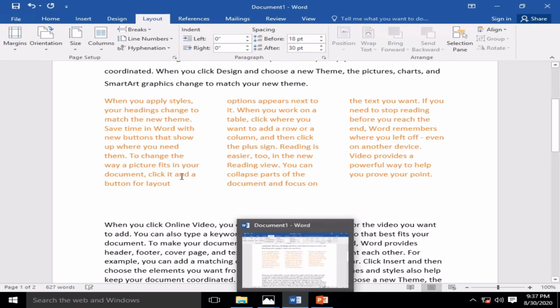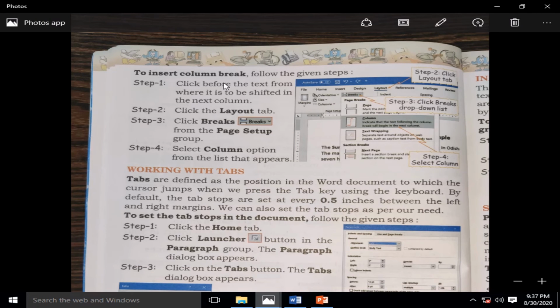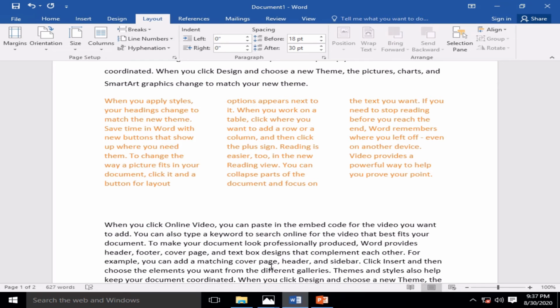For example, if I want to shift this sentence, I want to shift this line from my first column to the second column. So how can I do this? Let's follow the instructions. Click before the text. So I am putting my cursor before the text from where I want to shift to the next column, here before 2.